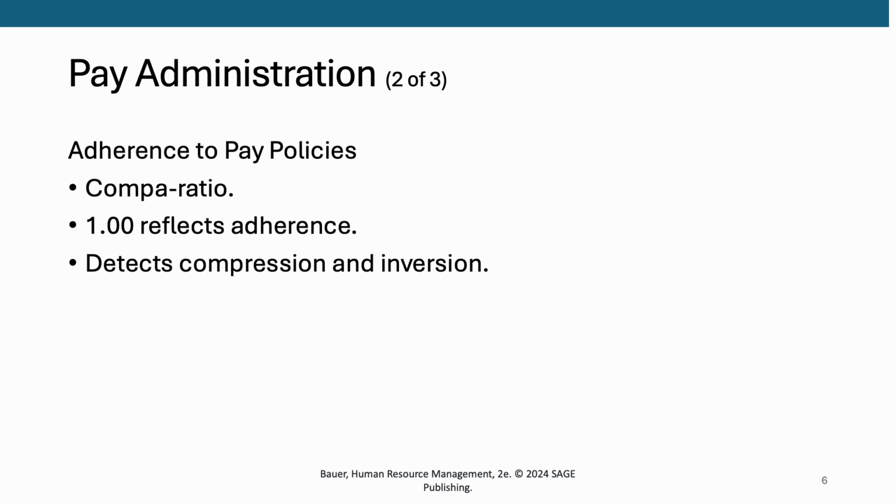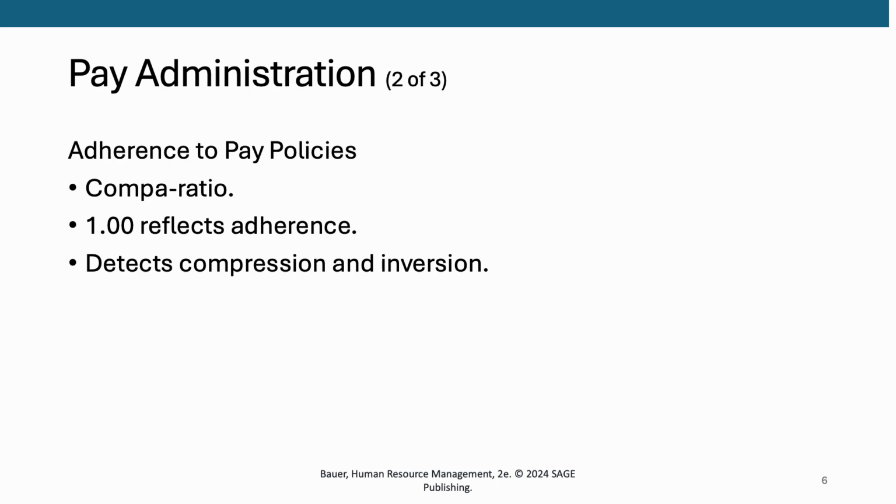When we want to look at how we administer the pay and figure out where people are in that pay range and what is fair or equitable, we do what we call a compa ratio. And that compa ratio gets at how close the individual is to the midpoint of the pay range. So let's say you have a range that goes from, and I'm just going to keep it simple here, $10 to $20 an hour. And so 15 would be the midpoint. Now, this is not necessarily realistic. This is just for illustration. So the midpoint is $15, right?